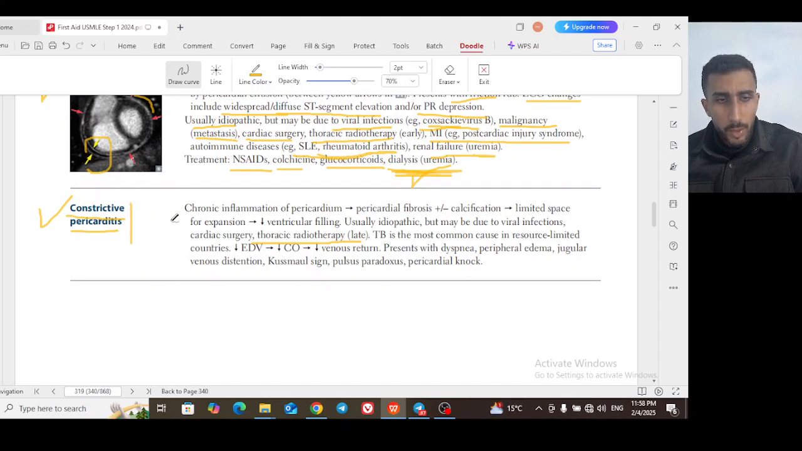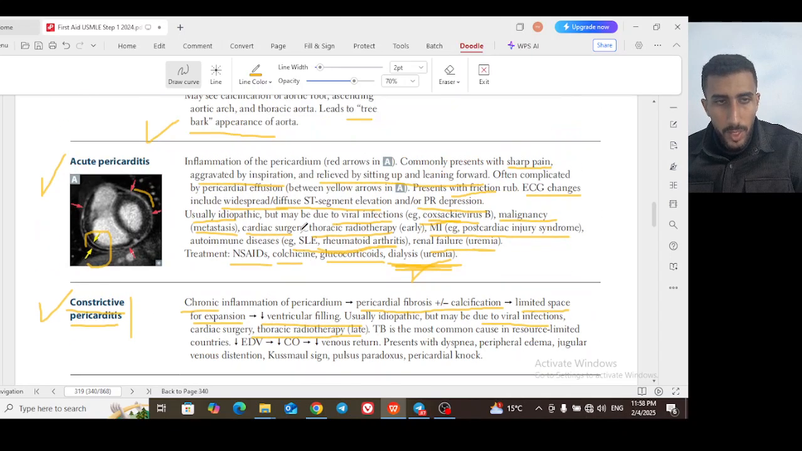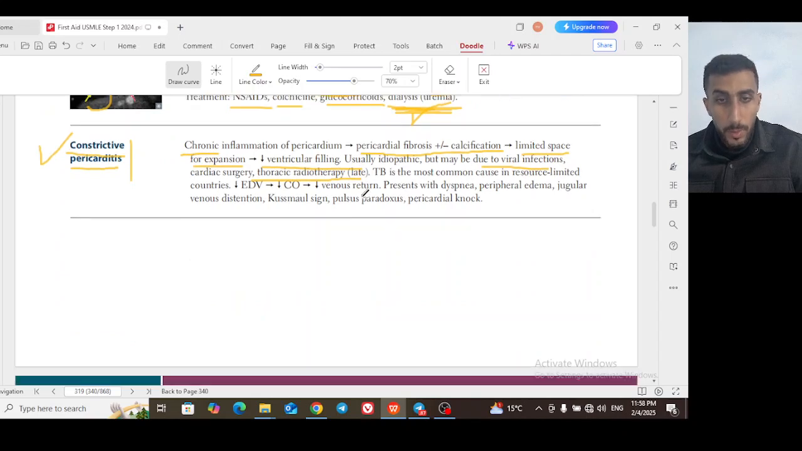The last topic here is constrictive pericarditis, chronic inflammation, unlike acute pericarditis, and this will lead to pericardial fibrosis plus or minus calcification. This just strangulates the heart and gives a limited space for expansion. Consequently, there will be a decrease in ventricular filling, and usually it is idiopathic, but maybe due to viral infection or cardiac surgery. You remember the same causes that we talked about in acute pericarditis, but we are talking about the long term. Very high yield to know that if the vignette involves a third world country and a patient coming from a third world country, you have to suspect TB,